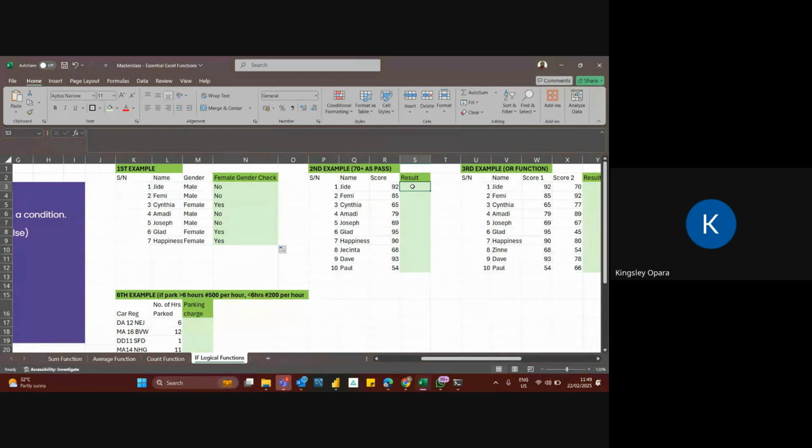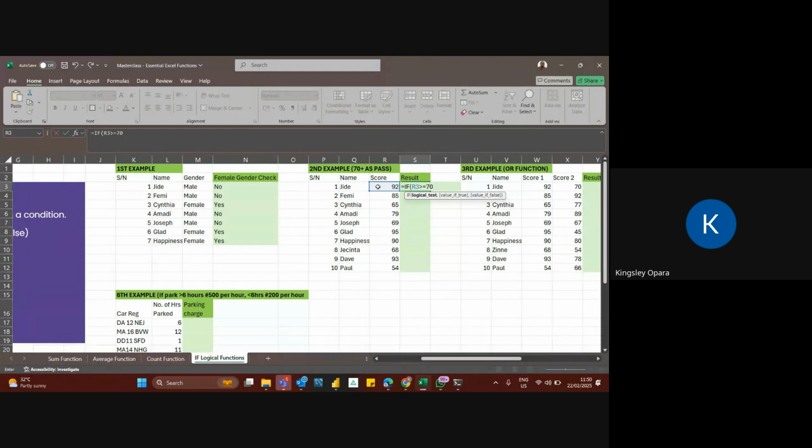So I'm going to use the IF again. If the score here is greater than or equal to 70. Now, why am I using greater than or equal to?